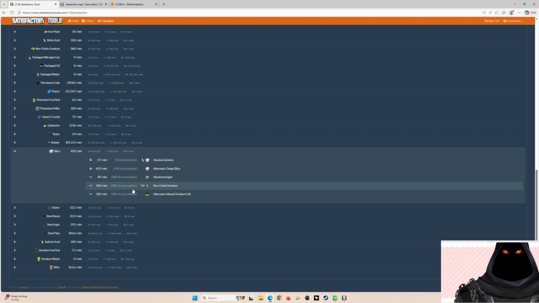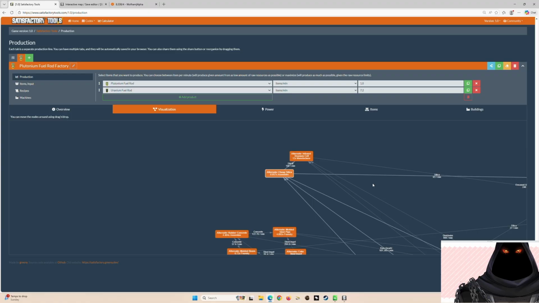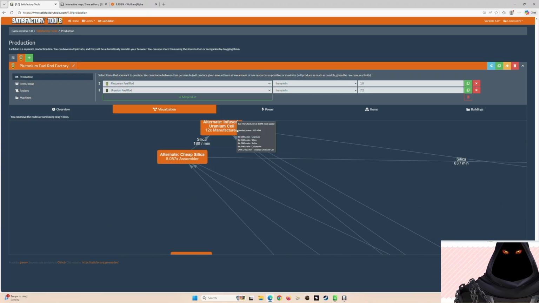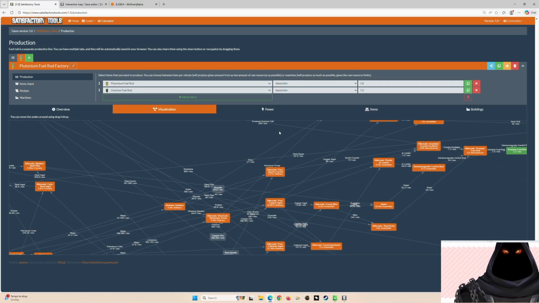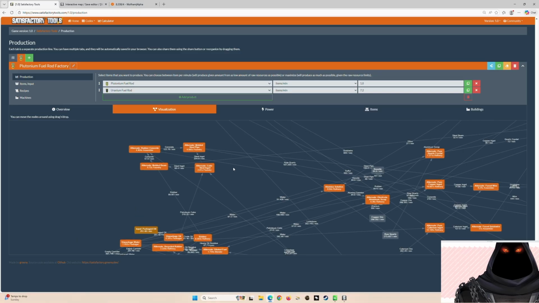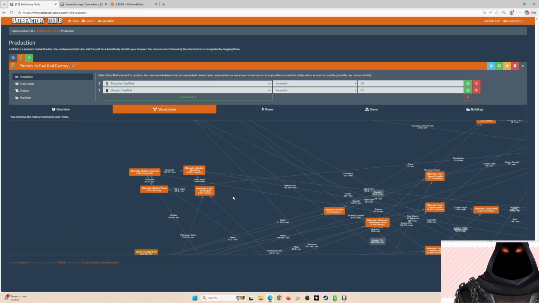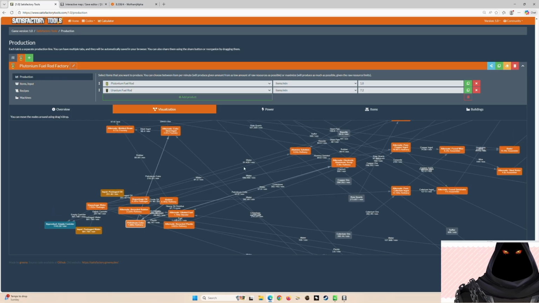$180 of it goes in non-fissile uranium, 180 goes in alternate fuel cell, 90 goes to aluminum ingot. Well, actually, I don't know what we should be using. So one particular problem that I think we're going to run into right off the bat